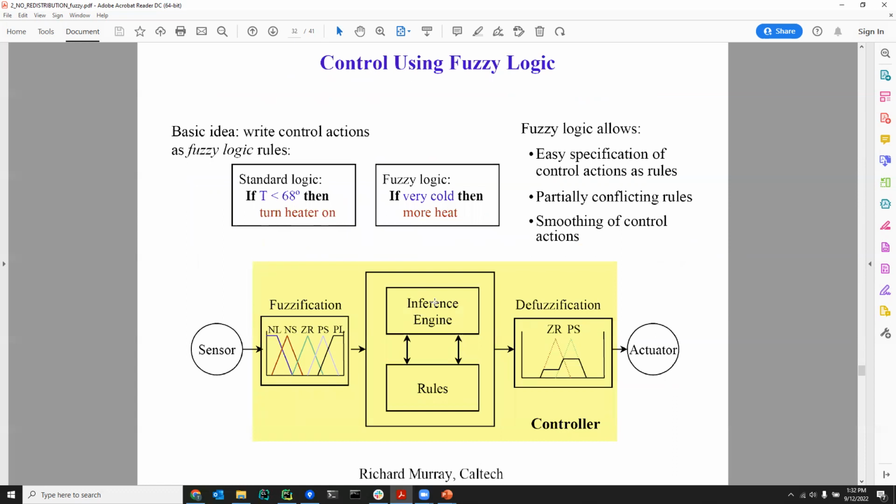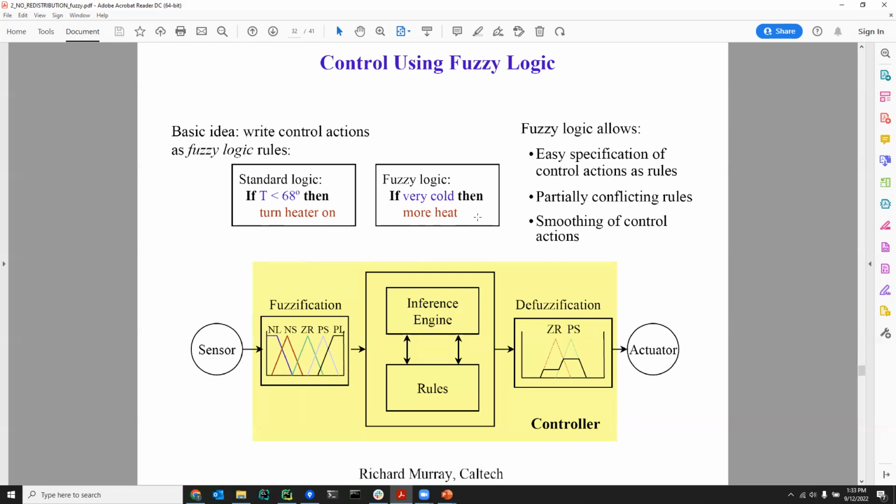So let's say that you had a heater and you wanted to control the output of the heater using fuzzy logic. So the idea is you want to write the control actions as fuzzy logic rules. In standard logic, you might say something like, if the temperature is less than 68 degrees, then turn the heater on. In fuzzy logic, this would be different because instead of saying it like this, you would just say, if it's very cold, which is some function of temperature,